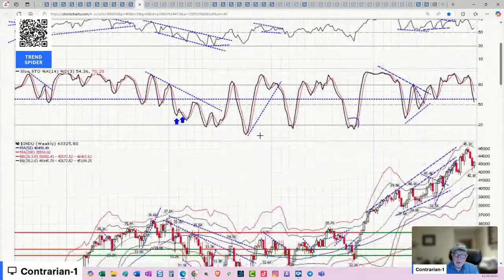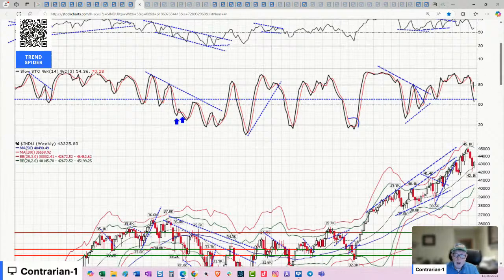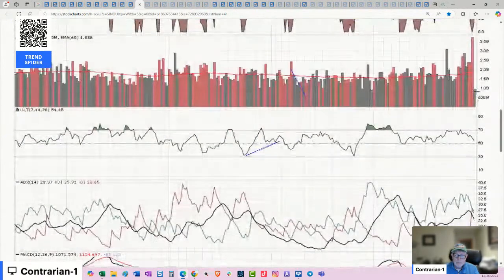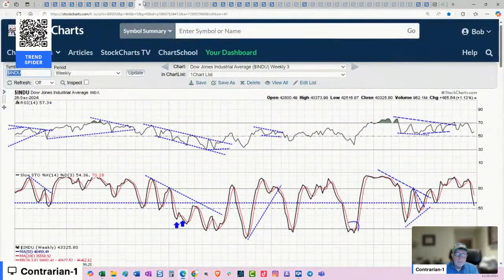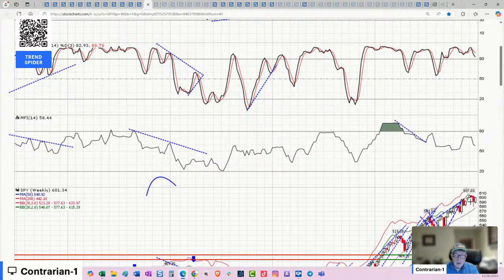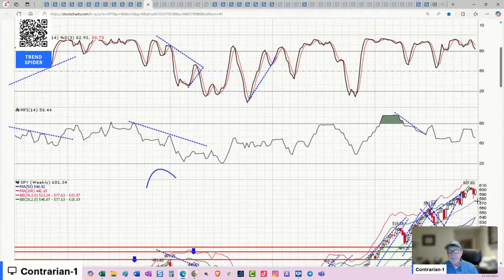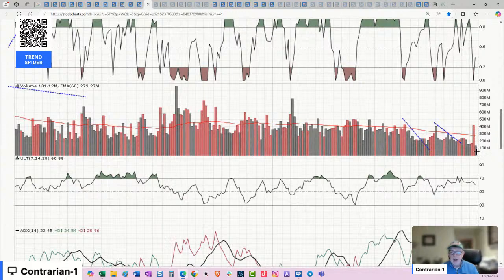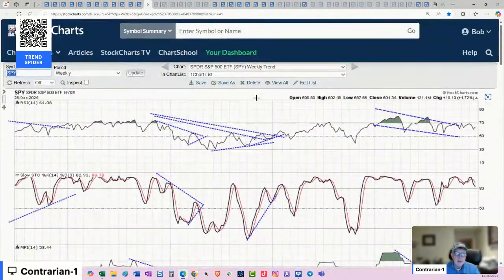The Dow Jones Industrial Average. No new weekly lower low, but we are rolling over here on momentum. S&P 500 up 1.72% on the week. Were this a non-holiday week, I would say we're probably breaking out to new all-time highs. But I know this candlestick is sitting on a cloud of smoke, so it can evaporate very, very quickly because there is no volume. Let's take a look at the daily chart.